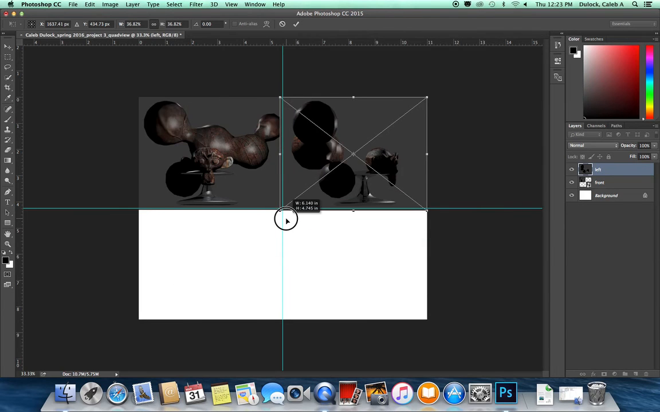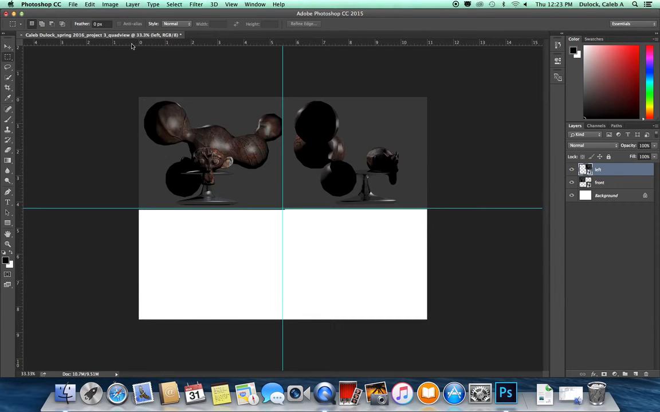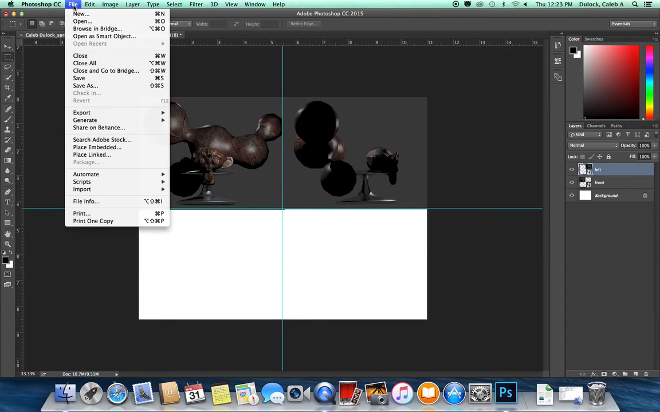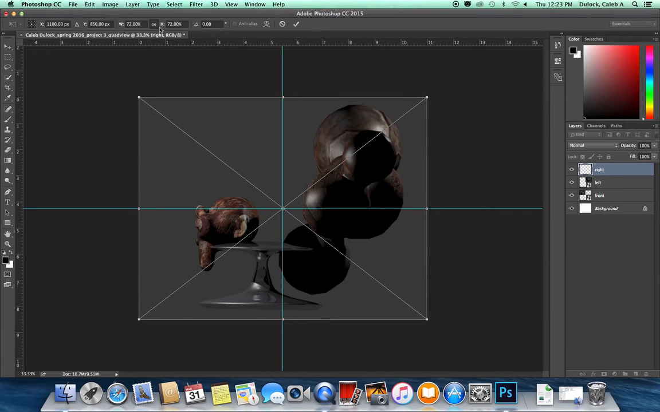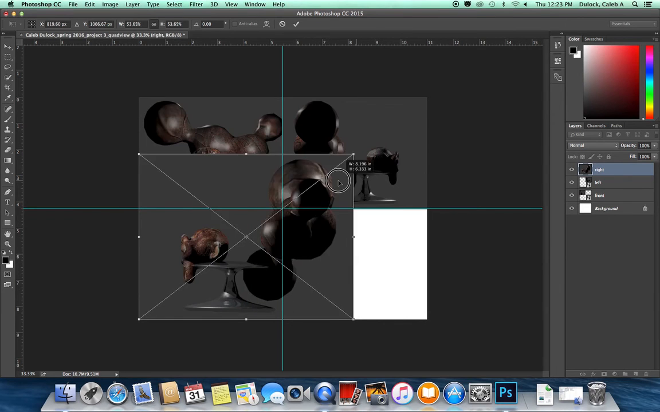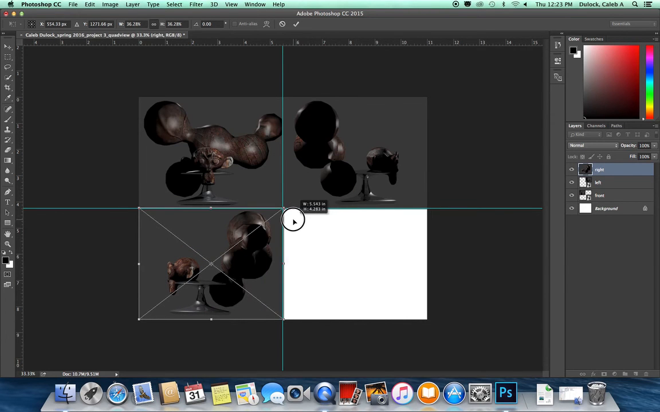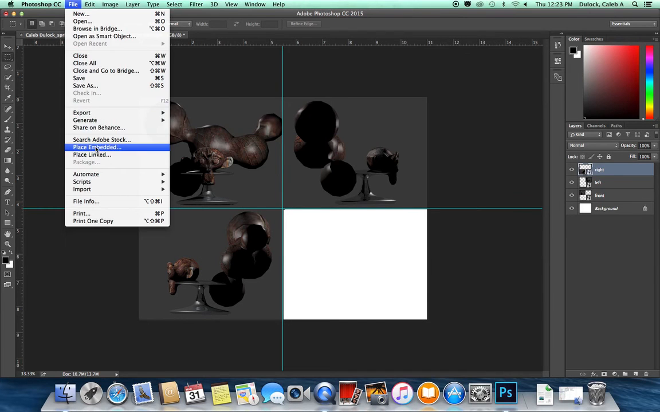Drag from a corner. Again, it is important that you drag from a corner and not from one of the sides. If you drag from a side, it may not lock the ratios together correctly. You go up, and I'm going to place embed another image. Lock my ratios. And do my last one,